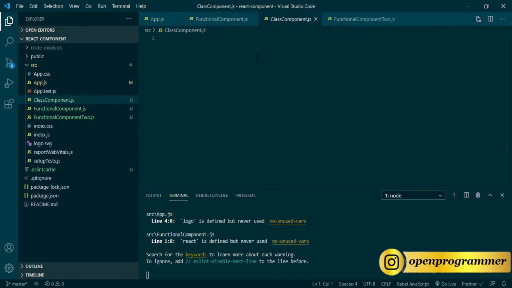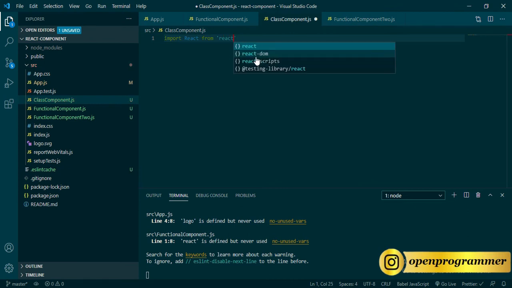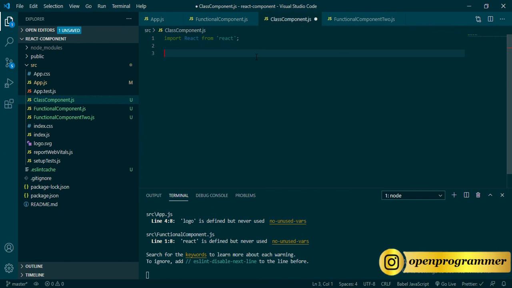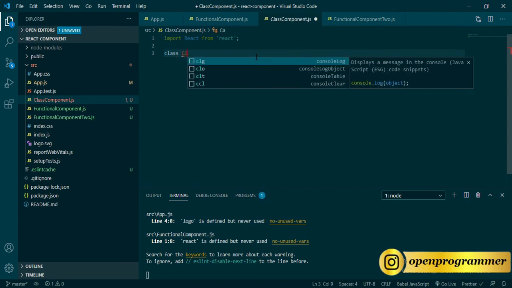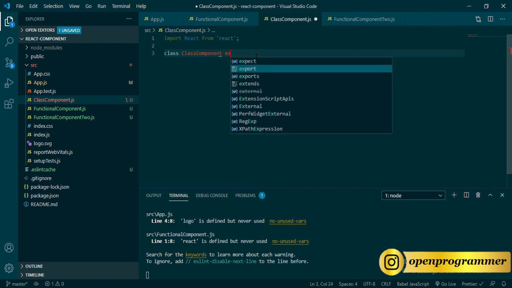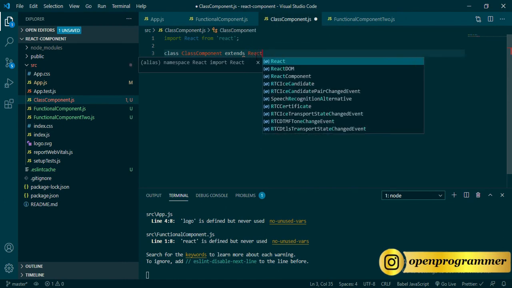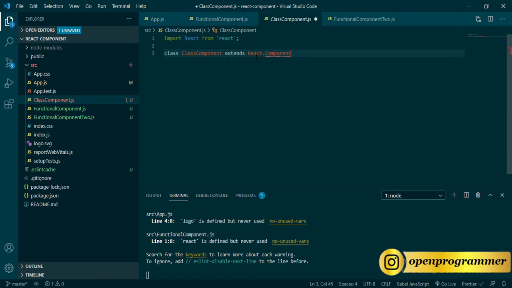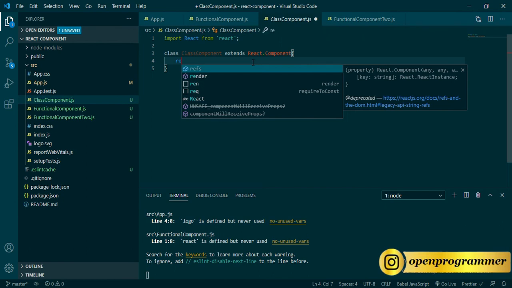For the class component, first import React from React, and then class, the component name, class component, extends React.Component, and inside this class component we need to use a render method,